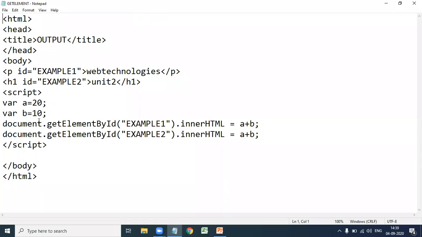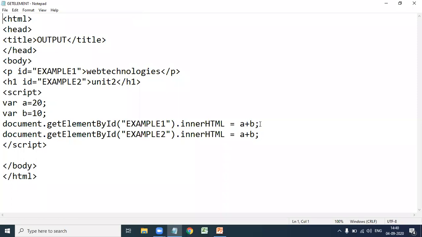Here this statement changes the HTML content having ID equal to example1 with the a plus b value.